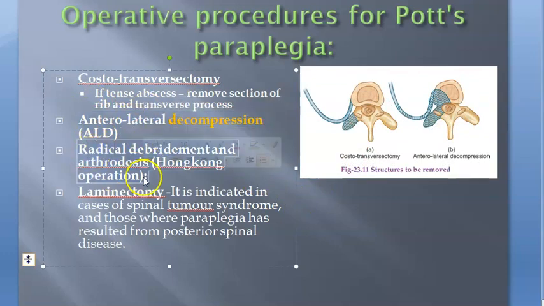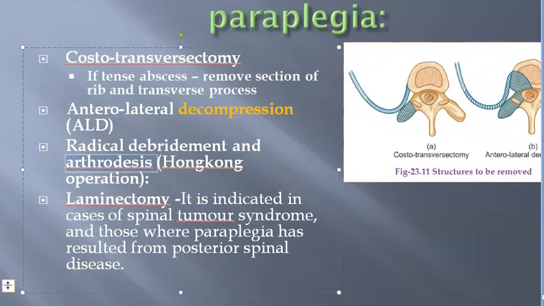Then last, the third one here, radical debridement and arthrodesis. See, debridement means you will just remove everything that's affected, right? Radically, and around it you will also remove some tissue. And arthrodesis is you will fix the joint, right? He cannot move this joint. This is called the Hong Kong operation. I think for now, if you just know the name, it's sufficient. However, if you want to know more about it, basically you will remove all the dead and diseased vertebra, and they are putting some rib graft. So there will be some arthrodesis. Okay, this is the Hong Kong operation. The best part about this is this person will have early healing and will not progress into that kyphosis